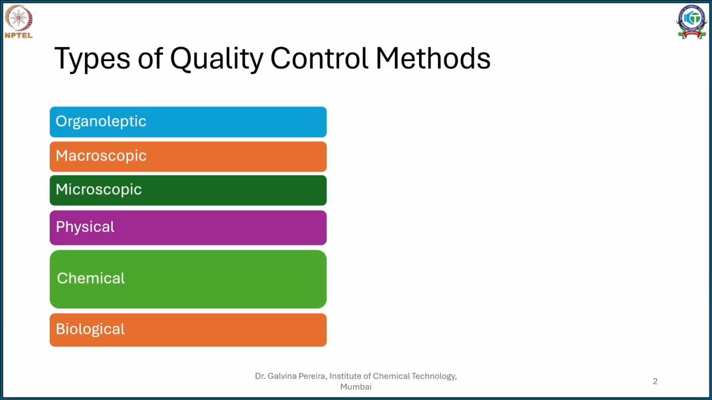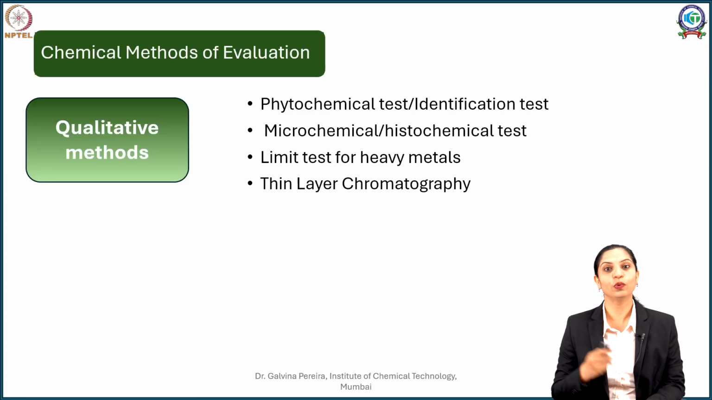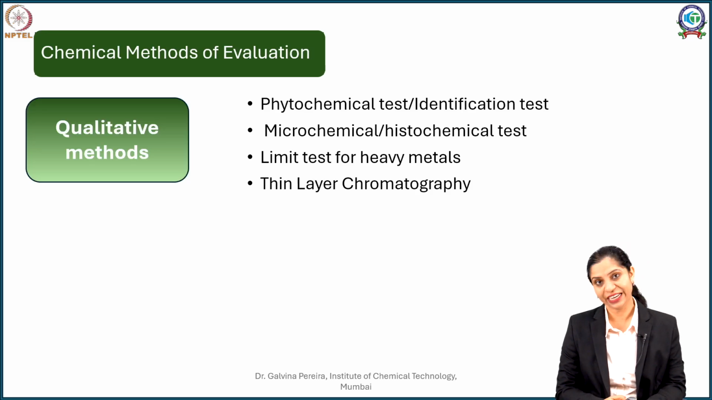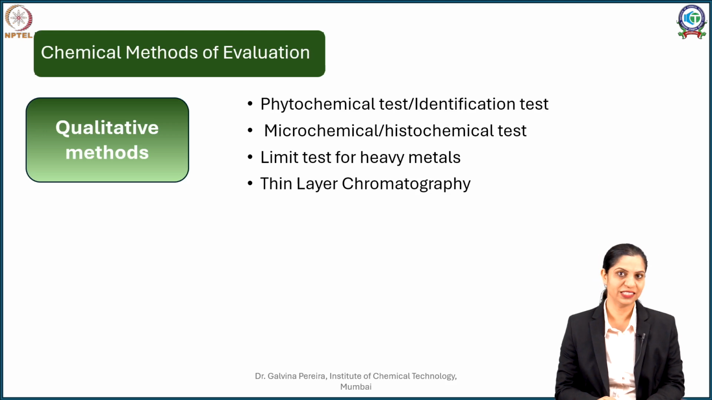So far we have learned many methods of evaluation of herbal drugs, of which in this week particularly we are focusing on the chemical methods of analysis. When we saw chemical methods of analysis, we divided them into two parts: the qualitative methods, which included the phytochemical test, identification test, microchemical test, histochemical test. We also saw tests for heavy metals as well as thin layer chromatography to identify the compounds present in your